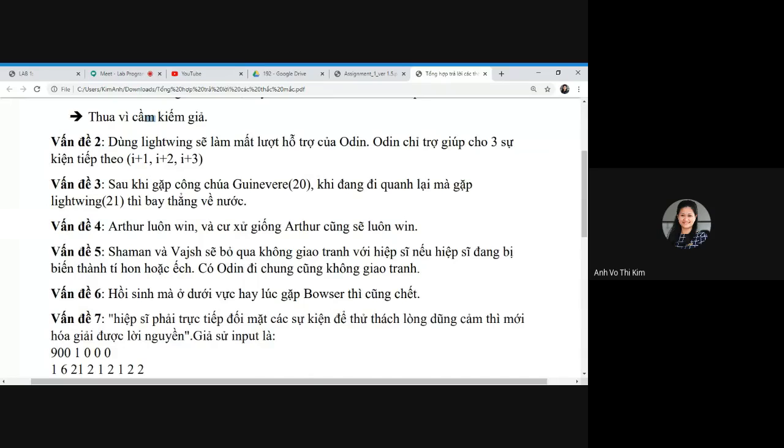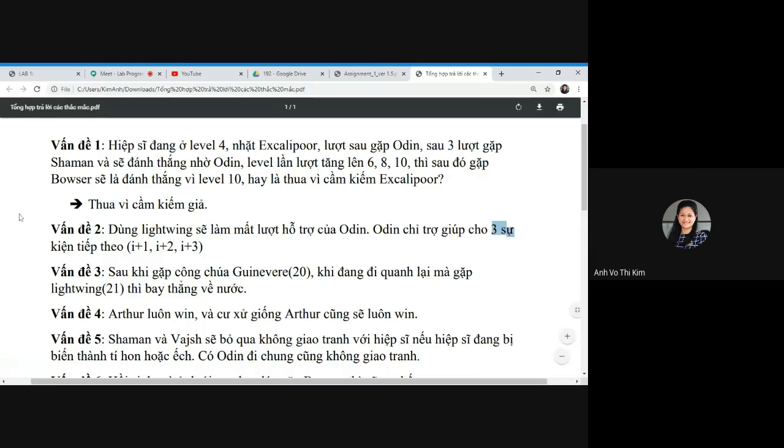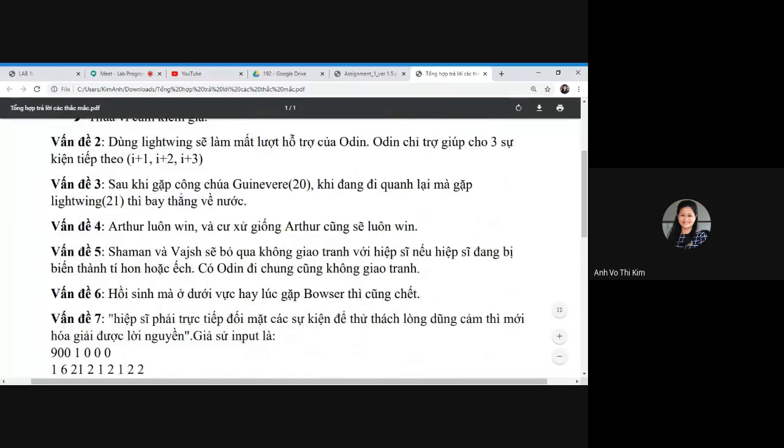Problem 2: if you use light swing, you lose the chance to support Odin. Odin only supports the next 3 events. Number 3,